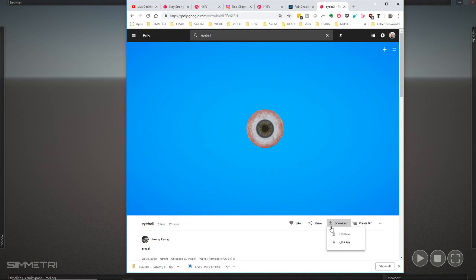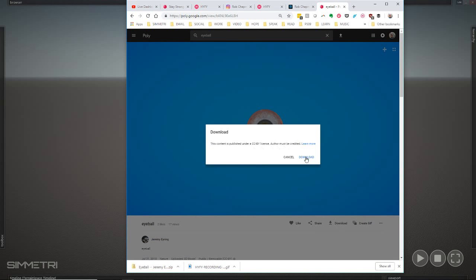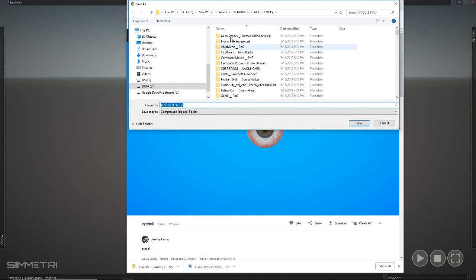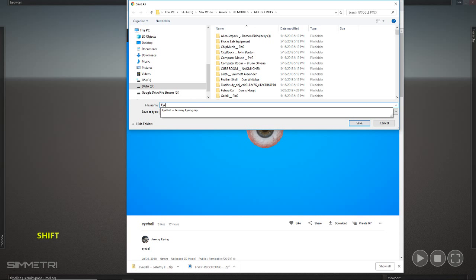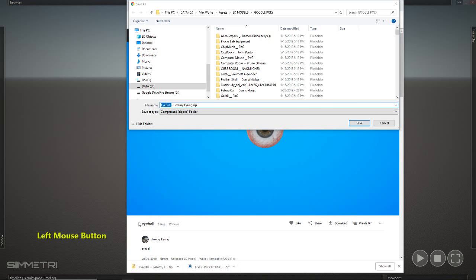So let's go download. What you're going to do is bring in OBJ. And we did this at the end of Saturday's lesson when we went to the moon. So we're going to download this. I put it in 3D models under a folder called Google Poly. And then I always just title it with the same convention. In fact, you see the one that I just brought in earlier. I'm going to pretend to hit save because I've already got it in here. But you'd hit save. So that I can give attribution, I do the name,